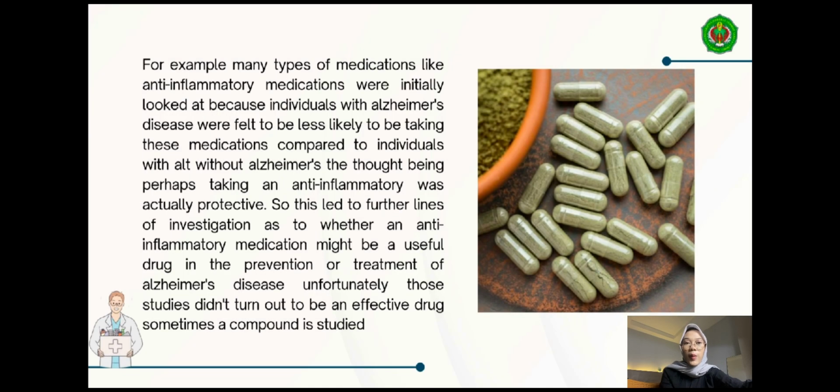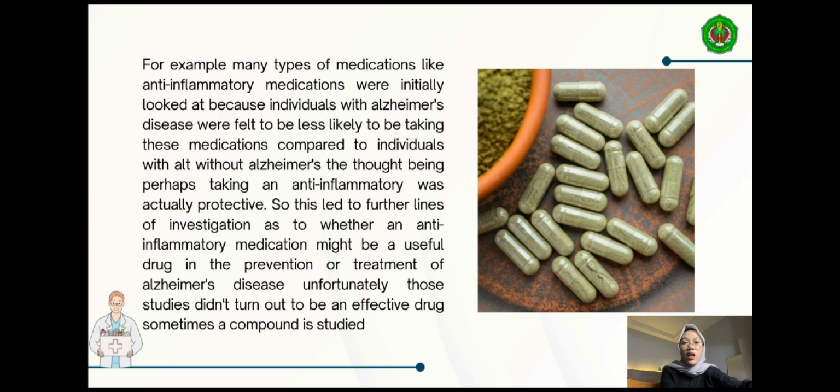For example, many types of medication like anti-inflammatory medication were initially looked at because individuals with Alzheimer's disease were felt to be less likely to be taking this medication compared to individuals without Alzheimer's. The drug, perhaps an anti-inflammatory, was actually protective.